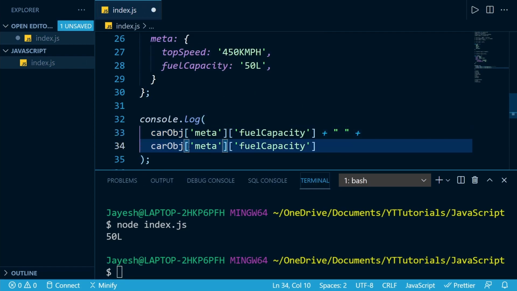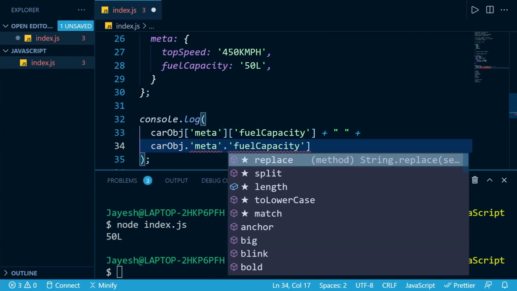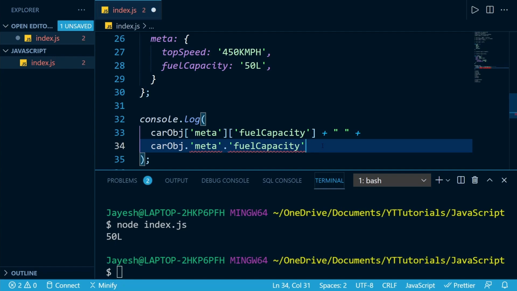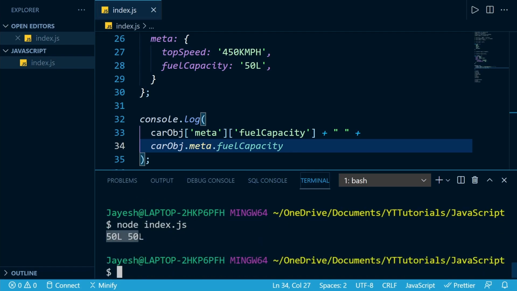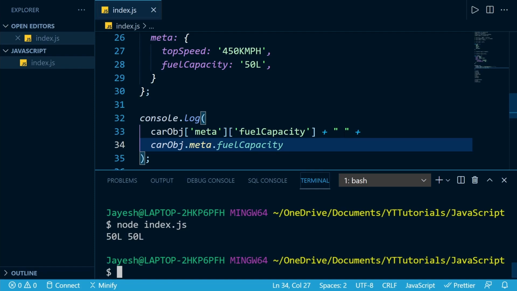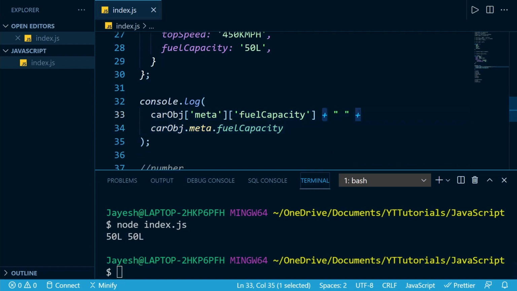dot notation. So instead of this array-like syntax, we could do dot notation. But when we are using dot, we do not use strings, we just directly access the values. So now as you can see here, 50 liters and 50 liters. Now you might be thinking, what is this plus notation and what is this string? This string is just a space, because we want the space between these two values, we wanted to separate them.